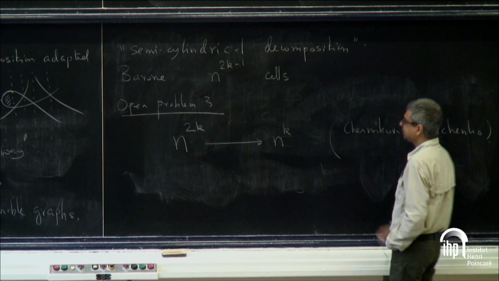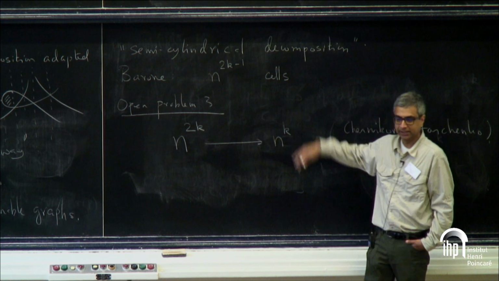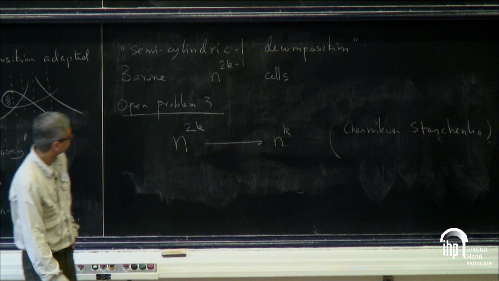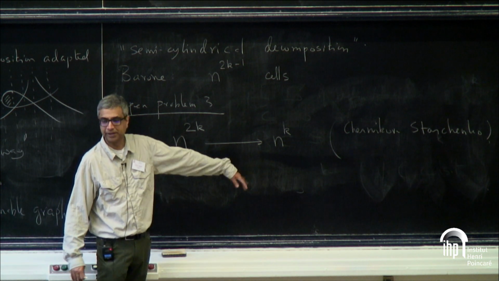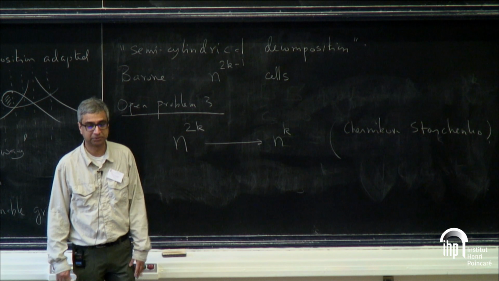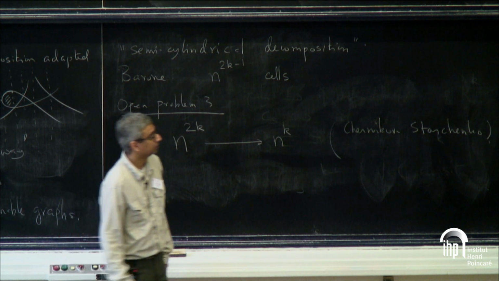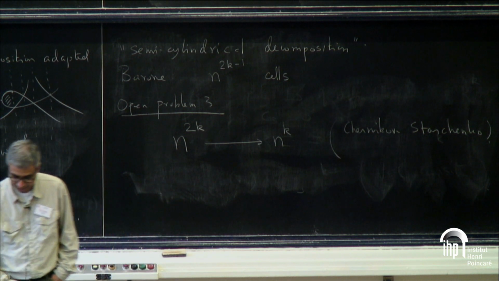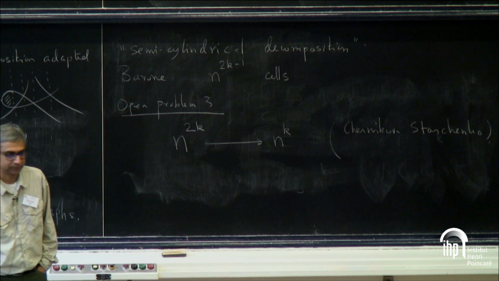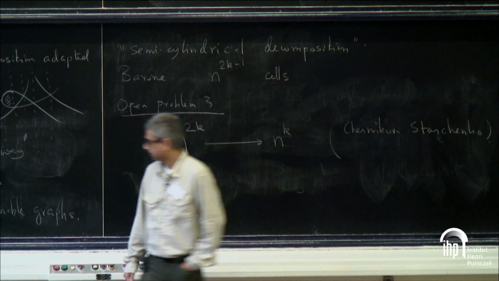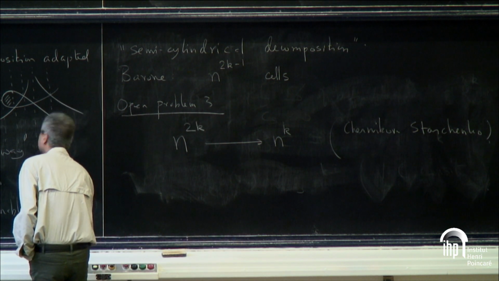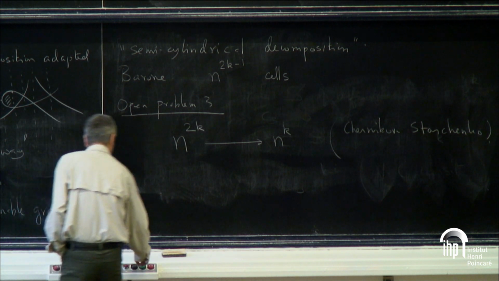But the general problem of obtaining a cutting of size n raised to k is very open and seems rather difficult. But if you can do that, then it would lead to improvement in a lot of incidence questions. So in the remaining part of my time, I will talk about